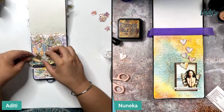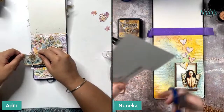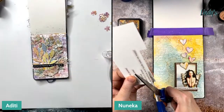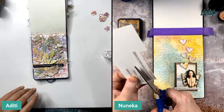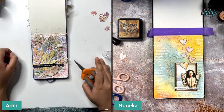That is interesting. But it's very big. What if I do half? No, okay, that is too big. No, you have to translate that. I know she's saying, Aditi, your page is very...